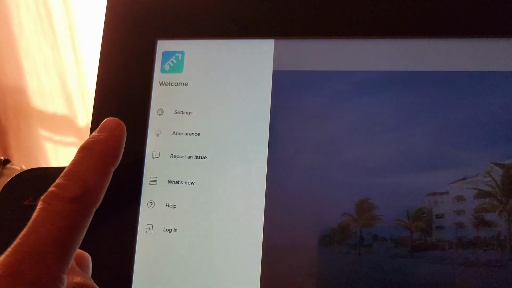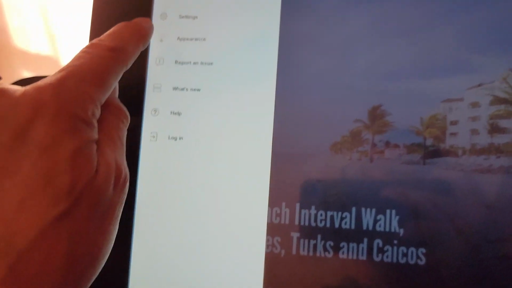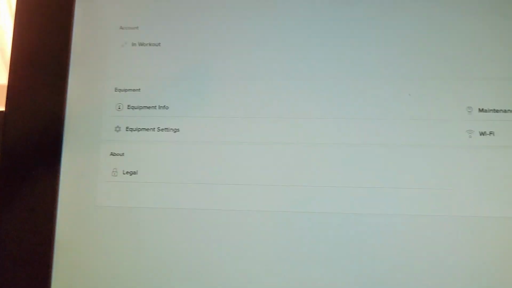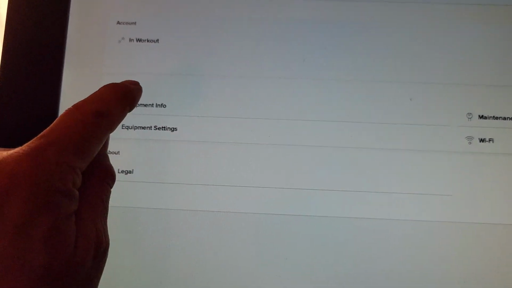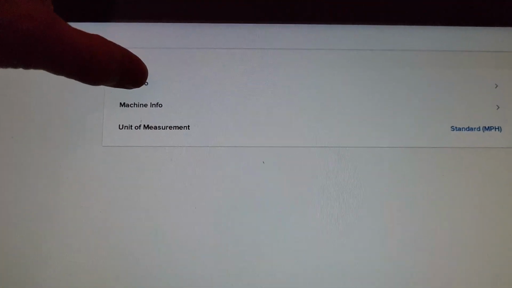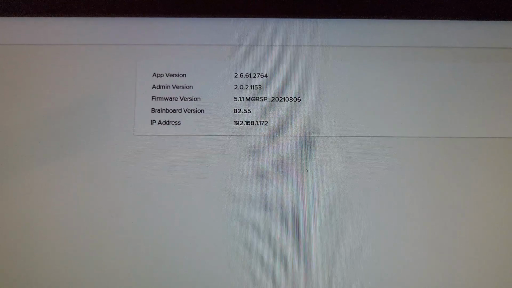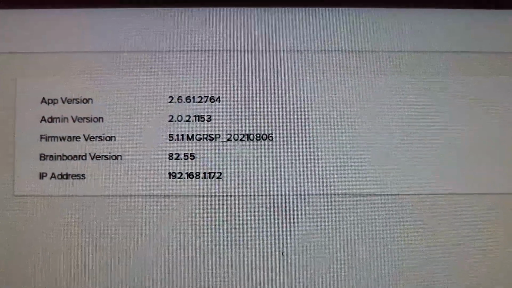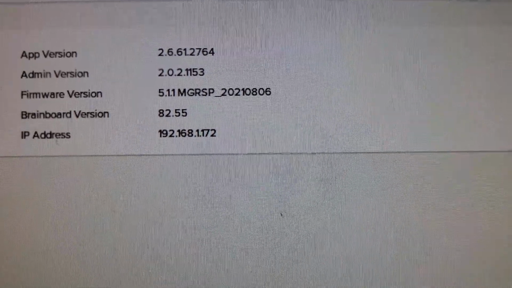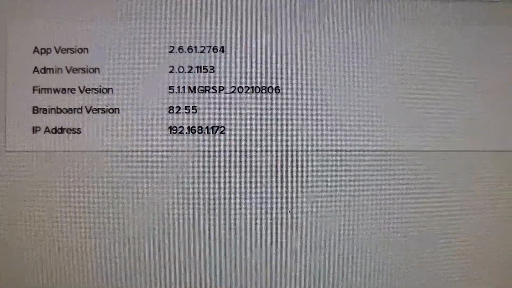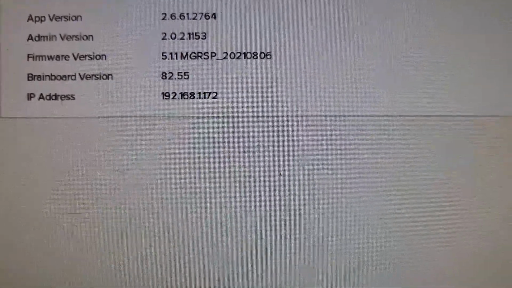So I'm coming here. I'm going to settings. I believe it's equipment info, and then I'm going to app info. Currently, it's running an older version, 2.6.61. It's still showing my Android firmware version as 5.1.1, and my IP still is